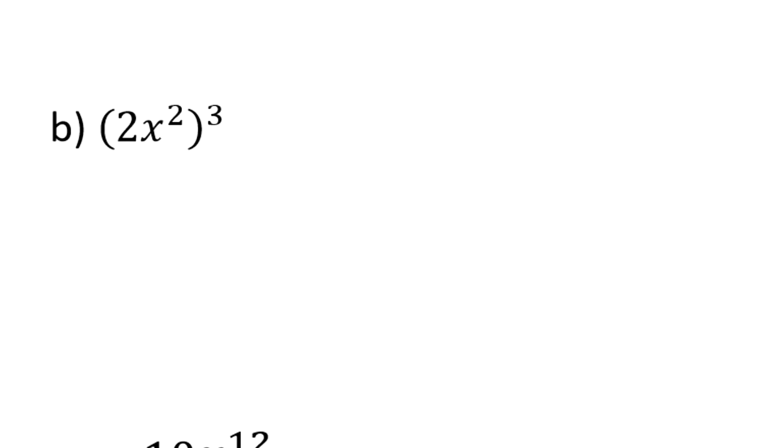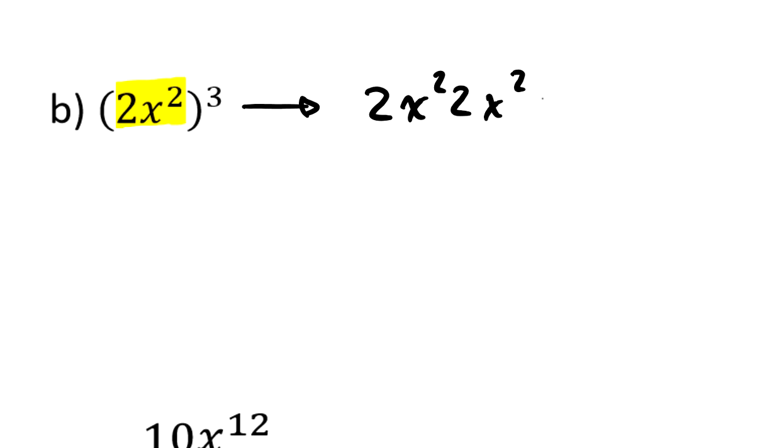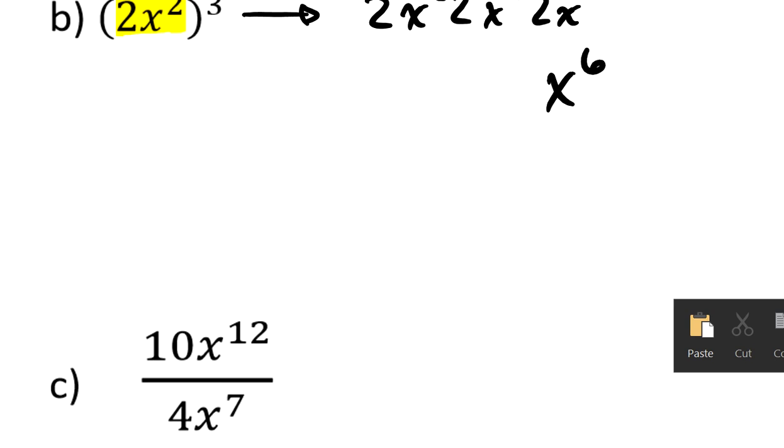The next problem, you can see we have 3 factors of exactly this thing. So to process those, I might go ahead and think of this as a 2x squared, and I've got another one of them and another one of them. So there's a total of 3 things that look just like that: 2x squared, 2x squared, 2x squared. Now, as I'm looking at my factors of x, I quickly identify the fact that there are exactly 6 of them. The other thing that I see is I have 2 times a 2 times a 2, which ends up being